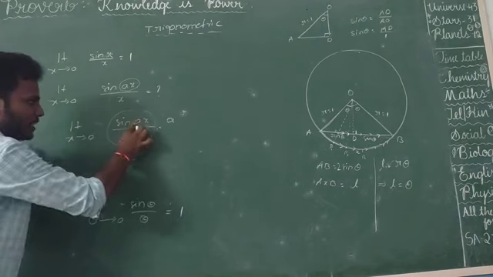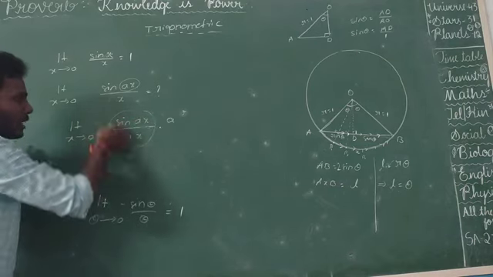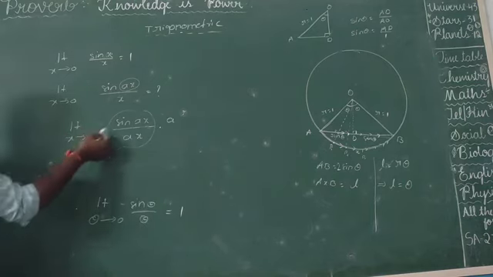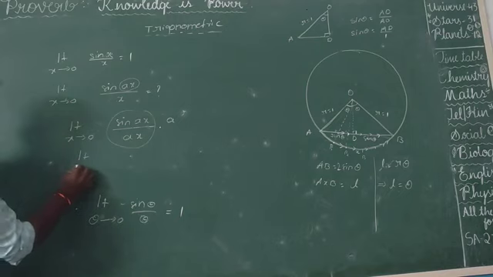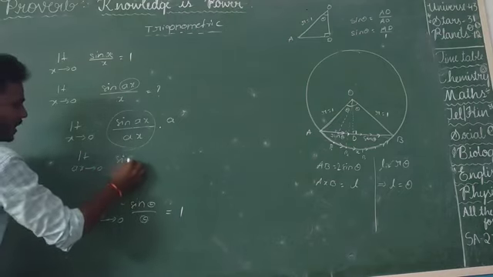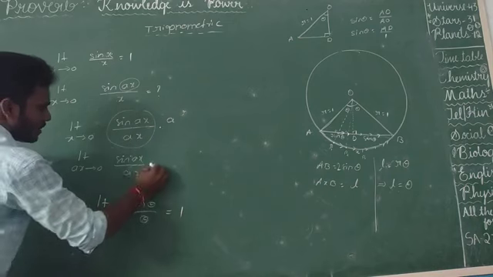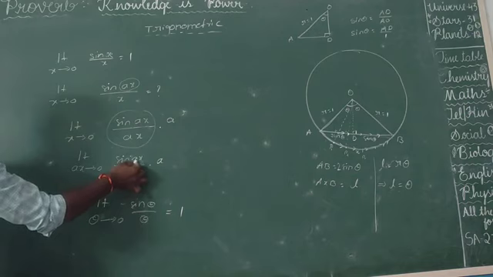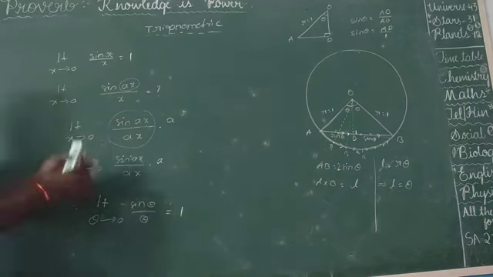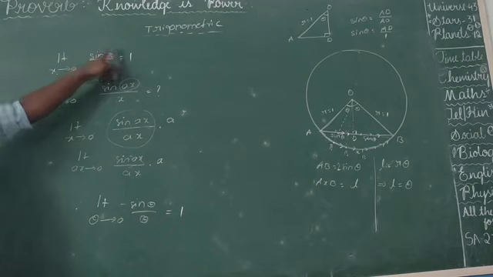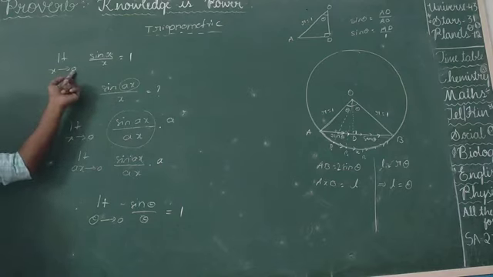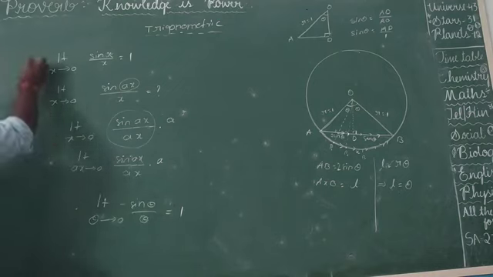What is the angle of the sin x here? The same denominator is there, so that's why it becomes 1. So we can rewrite this: limit x tends to 0 can be written as limit ax tends to 0 of sin ax by ax into a. So now the limit is ax tends to 0 of sin ax by ax, like limit x tends to 0 of sin x by x. What is the angle? What is the denominator? Sin x by x, same thing, okay? Compare, the same value x is there, and x tends to 0 is there. So it is a basic formula for this.